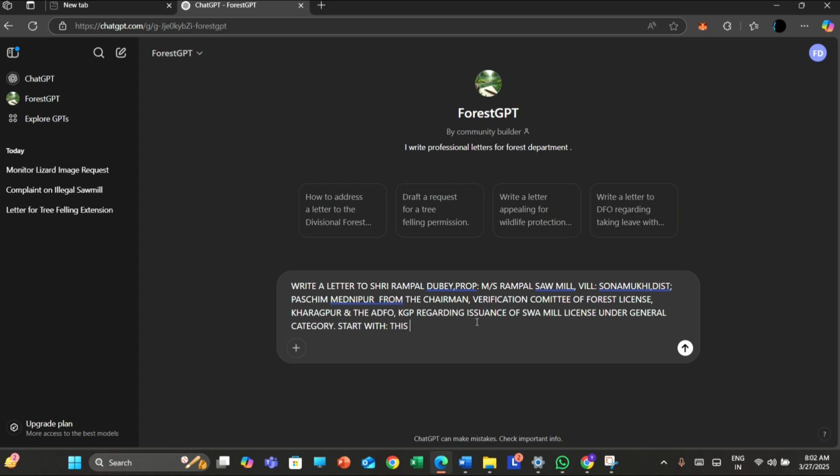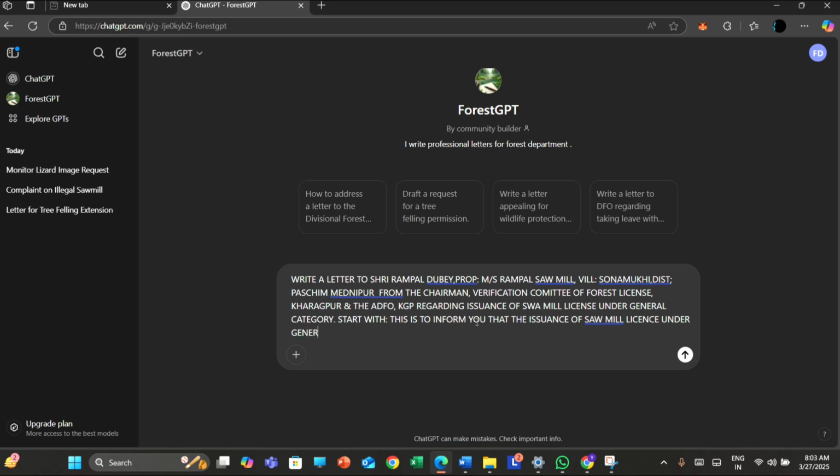This is to inform you that the issuance of sawmill license, again wrong spelling I have entered intentionally, under general category.